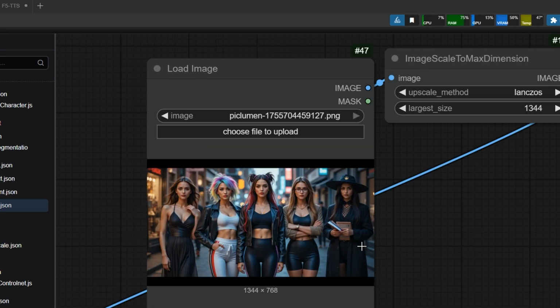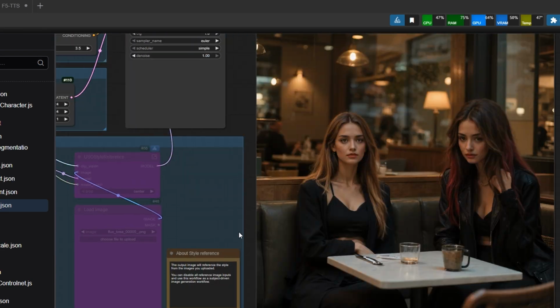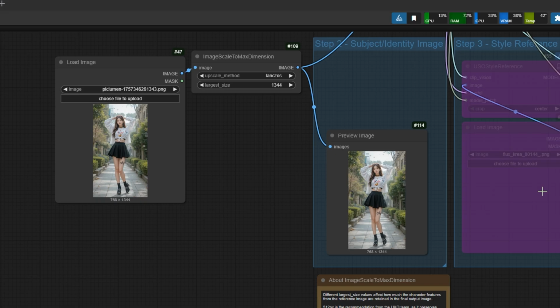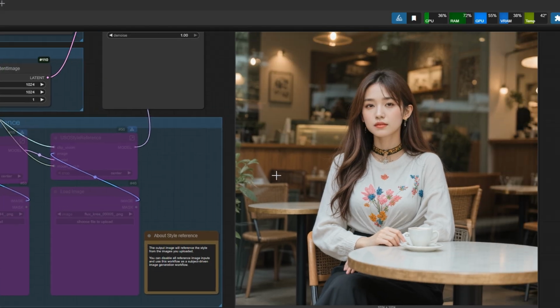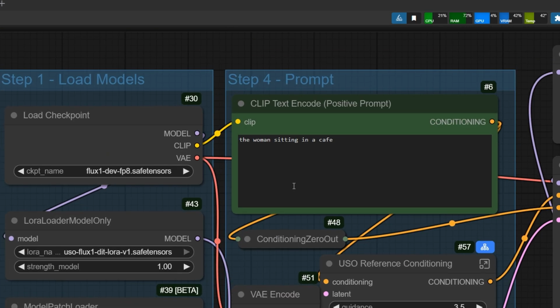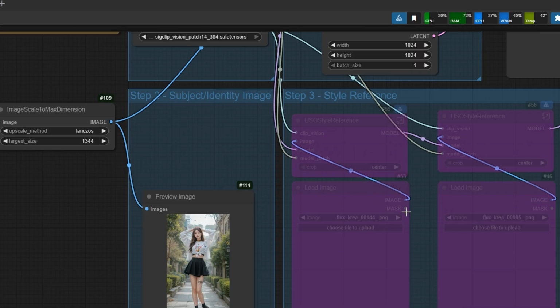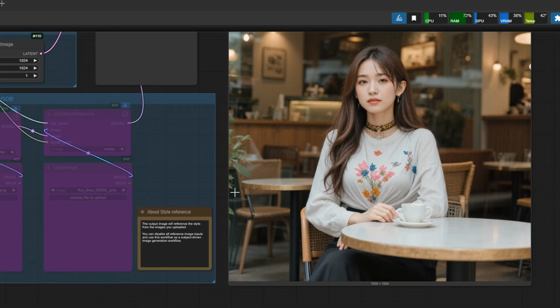I'll input 5 women and see the results. It fails, perhaps 5 is too much, but for a single character it works quite well. Maybe it's the prompt. I might dig deeper later, but on this quick run, Flux USO is quite impressive. The prompt is woman sitting in a cafe,